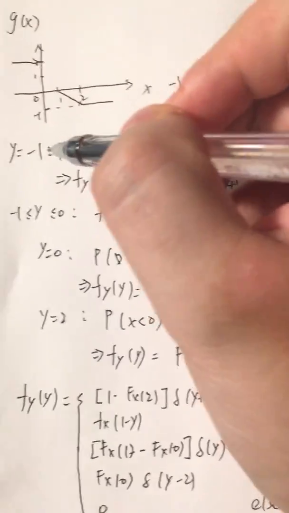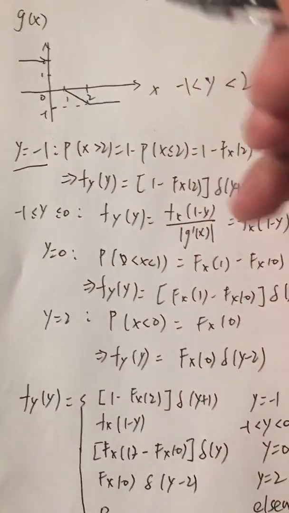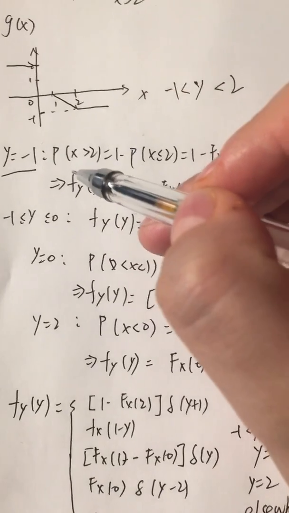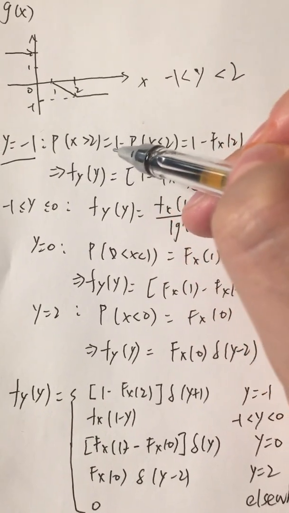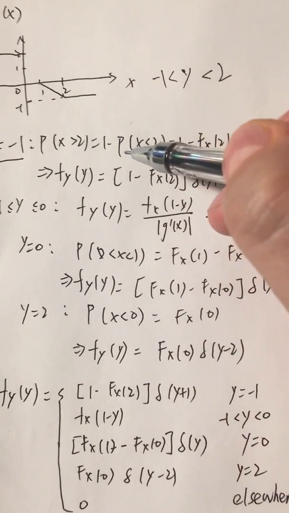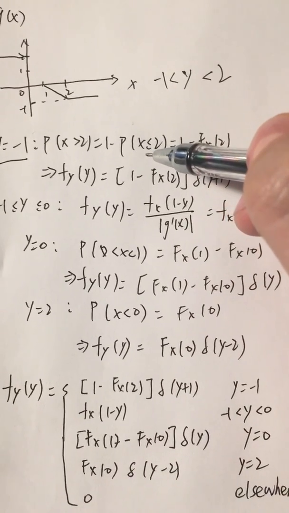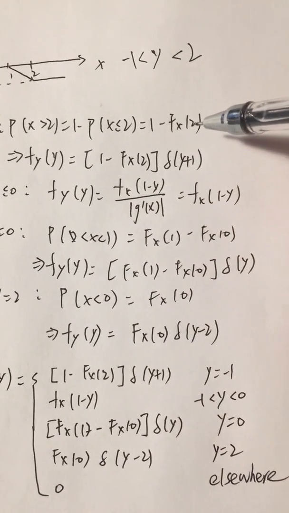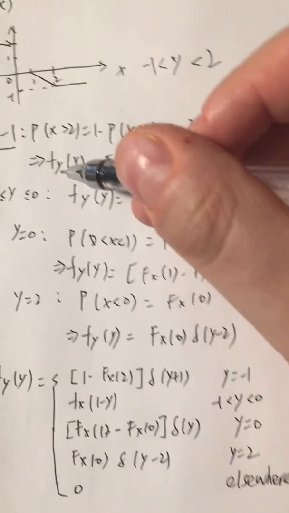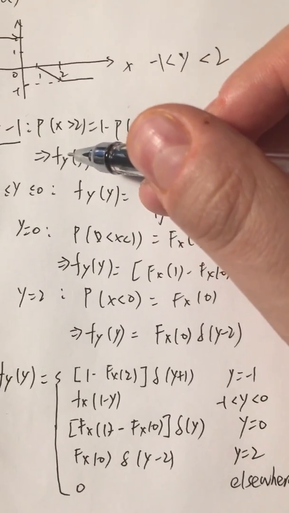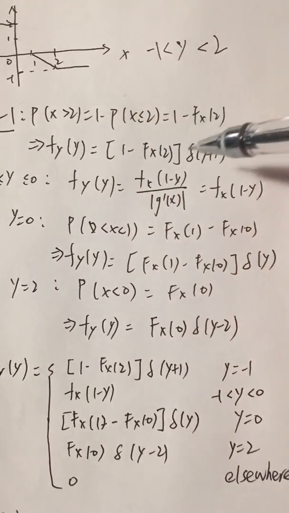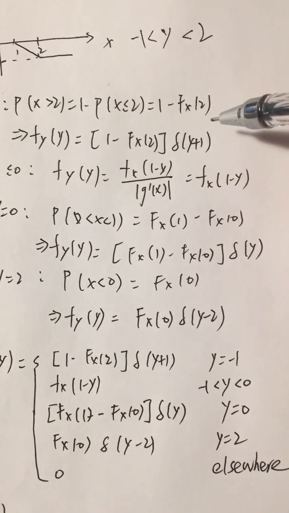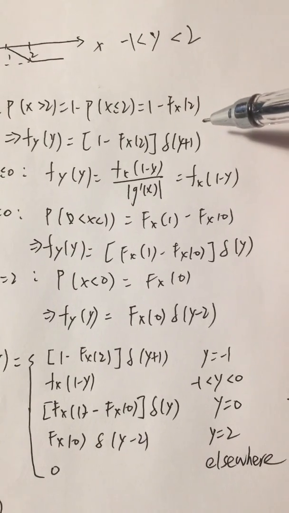When y is -1, which means x is larger than 2, so the probability of x larger than 2 equals 1 minus the probability of x less than or equal to 2, which is 1 minus capital Fx(2). And this means that small fY(y) equals 1 minus capital Fx(2) times the impulse function